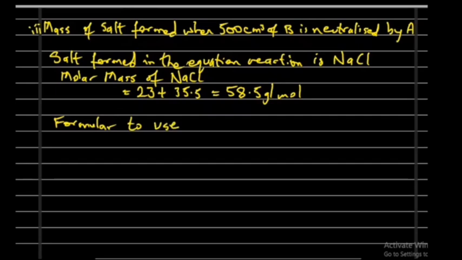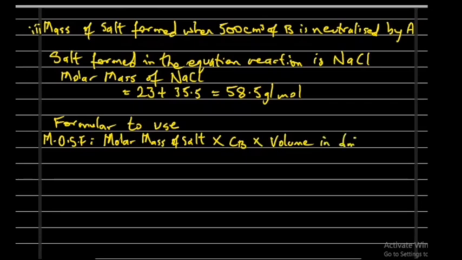Formula to use: mass of salt formed equals molar mass of salt multiplied by concentration of base, that is concentration of base in moles per dm cube, multiplied by the volume in dm cube. Now the mass of salt formed there,